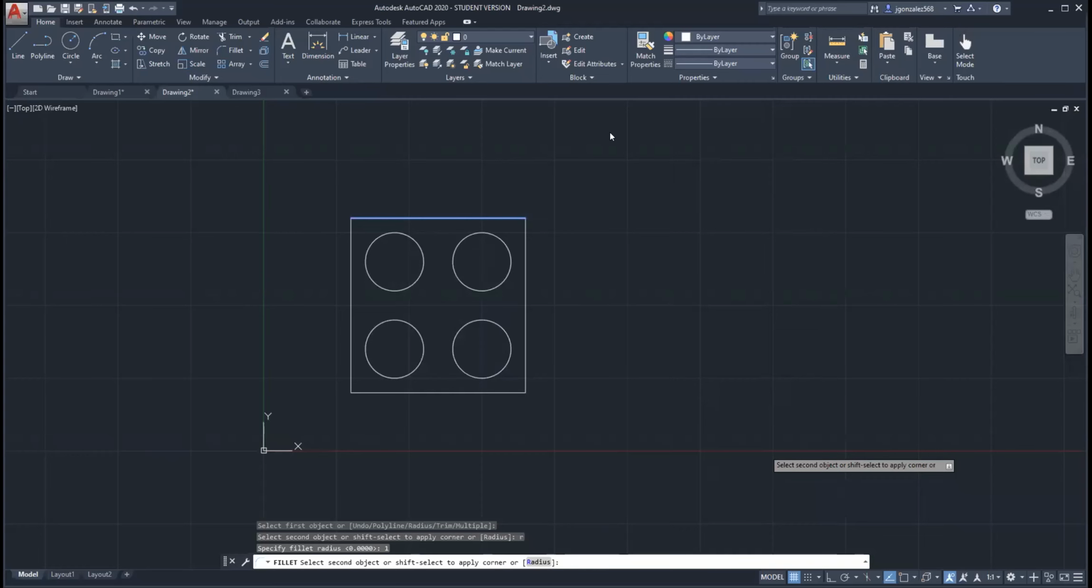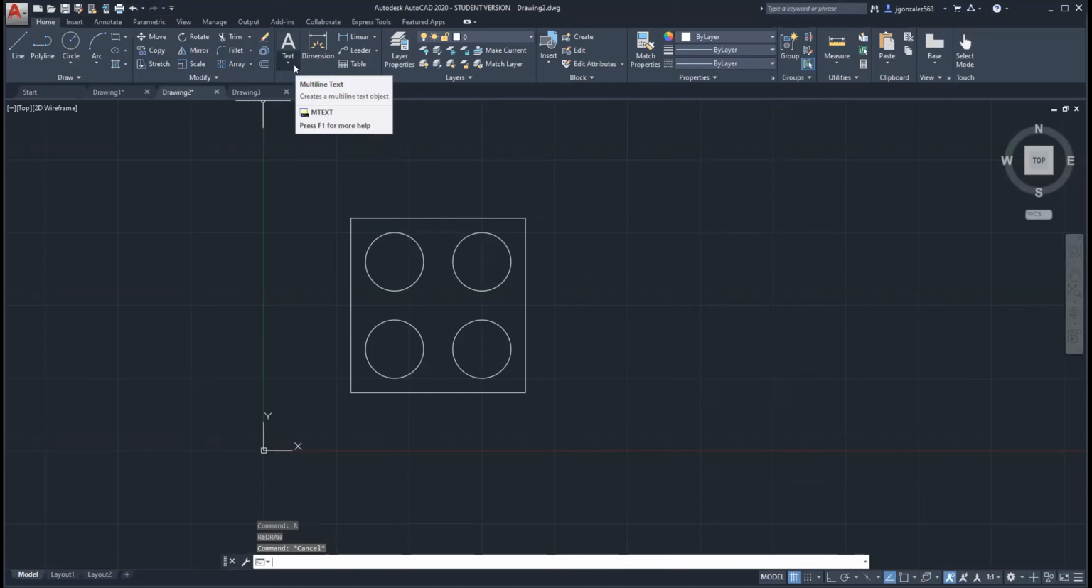You guys have any other questions on this example? All right, I'm going to